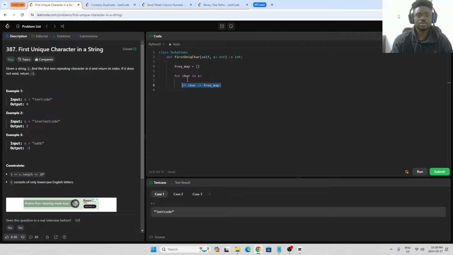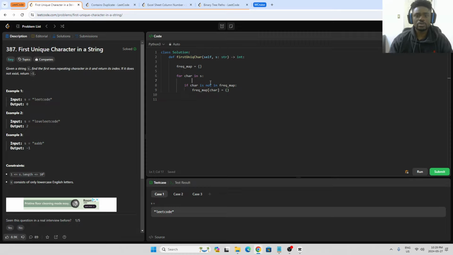All I need to do is actually, yeah, I should do that. So if the character is not in freq map, what I need to do is say freq map at character equals going to be a tuple of